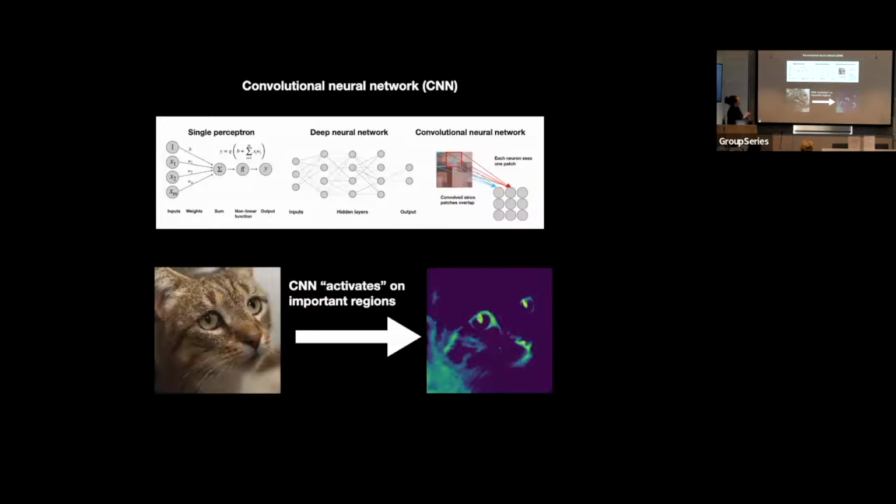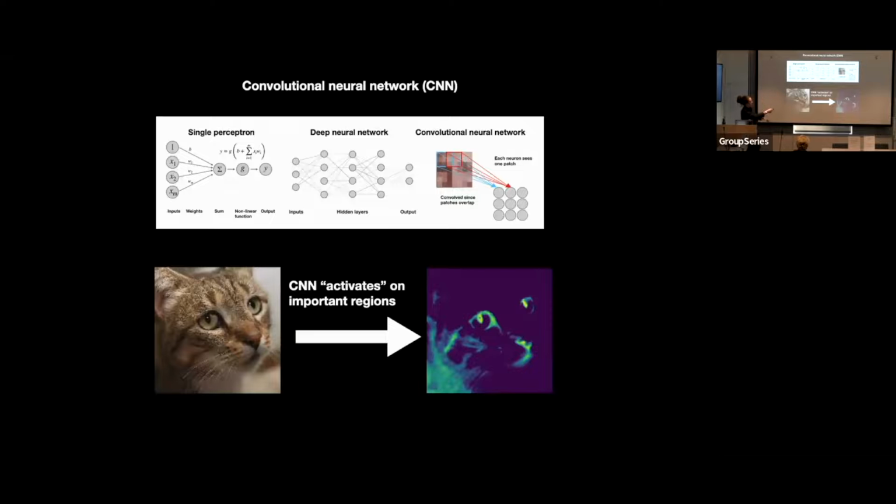So just to explain, in a convolutional neural network, you have some inputs, which are usually some pixel values. You give some weights to these inputs, you take a sum, you apply some nonlinear function, and you get an output. In a deep neural network, all of these things are connected together. So you have more and more of these neurons connected, doing the same thing over and over, connecting these perceptrons. But what happens here in a deep neural network is you lose spatial information. You want to keep hold of spatial information when you're looking at images. That's what a convolutional neural network does.